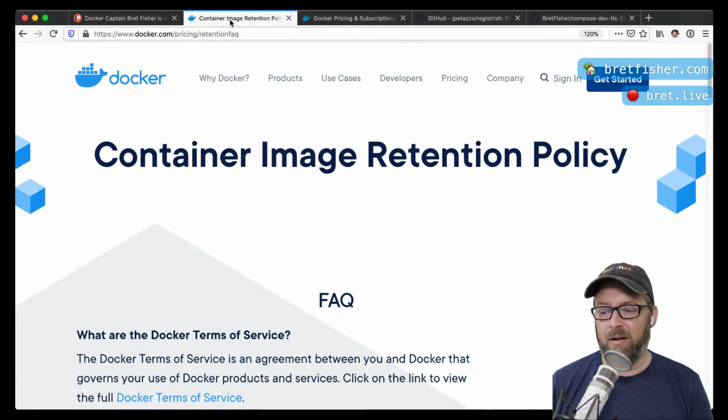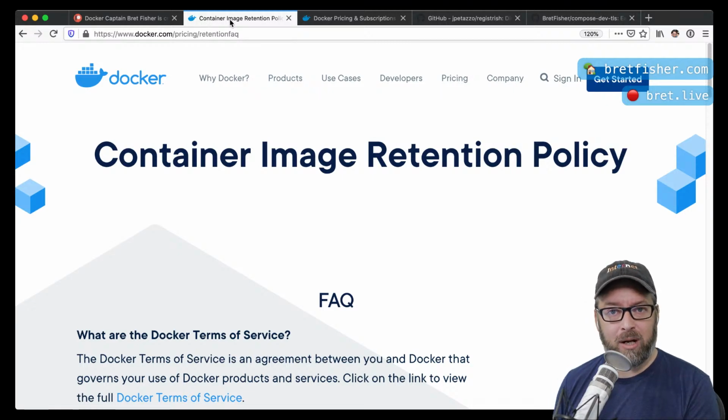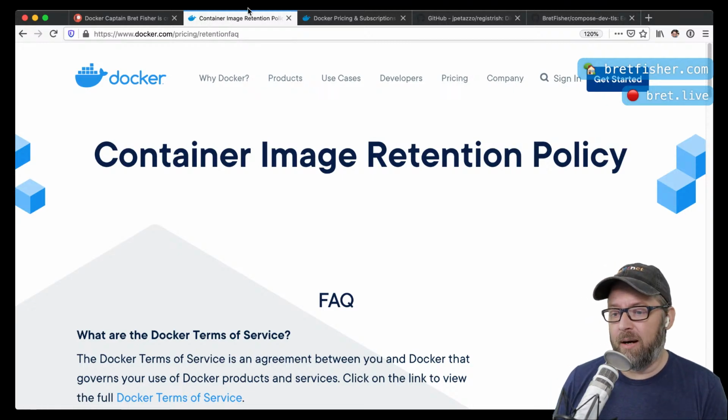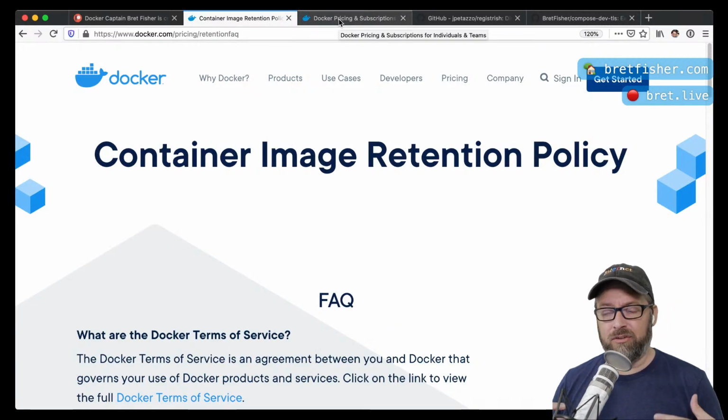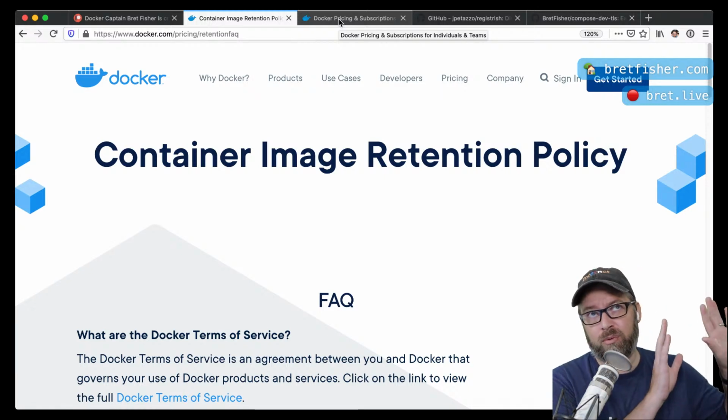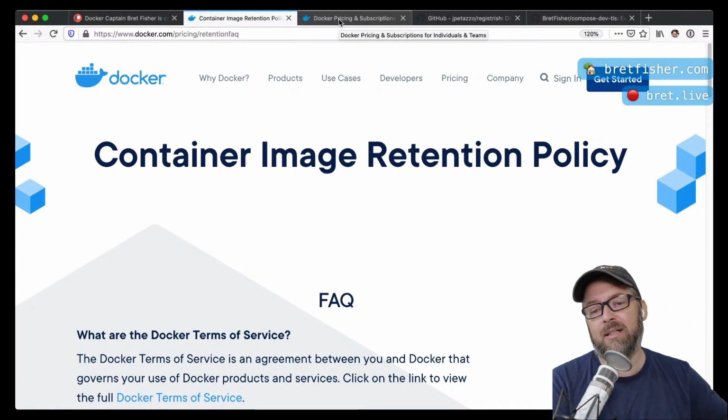So if you have an automated solution that's maybe doing a bunch, we'll get into that in a little bit, because that was a little bit of a surprise or change to this. And Docker is going to be clarifying a whole lot of this. So I don't want to give you all the details, because they're going to be doing updates to give us more information, because we're 3 months away from this actually happening.